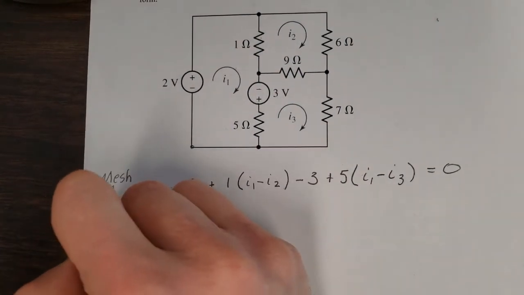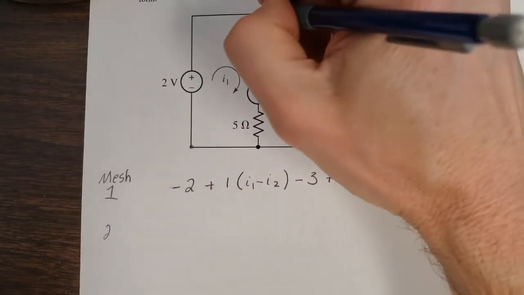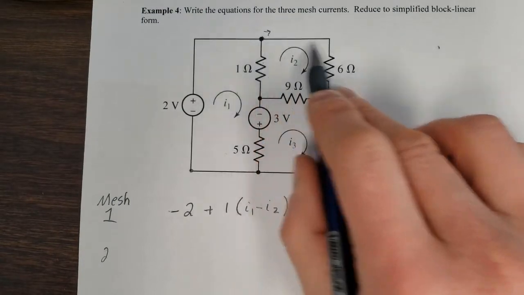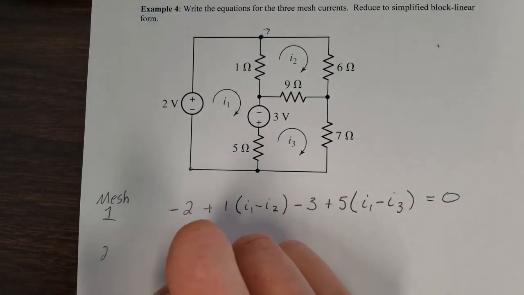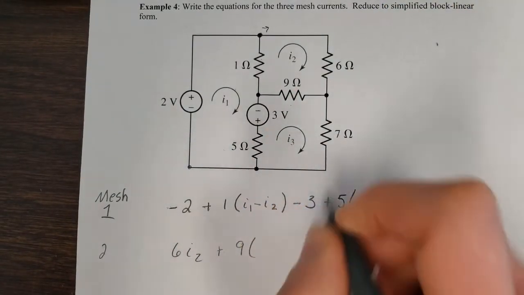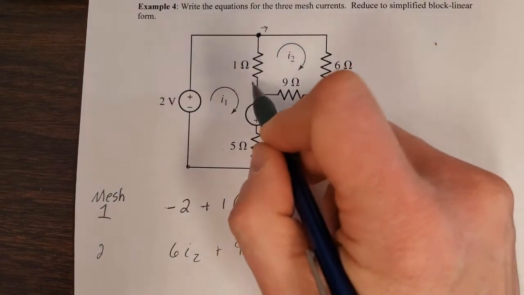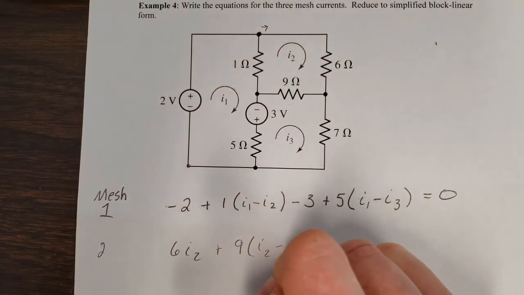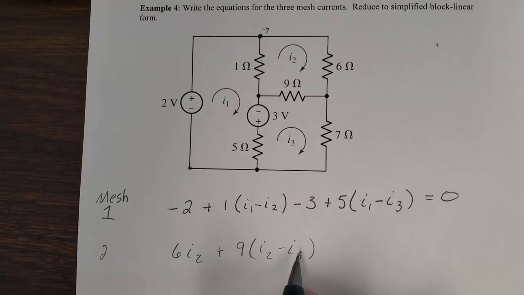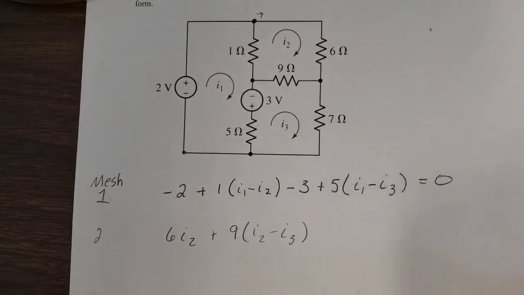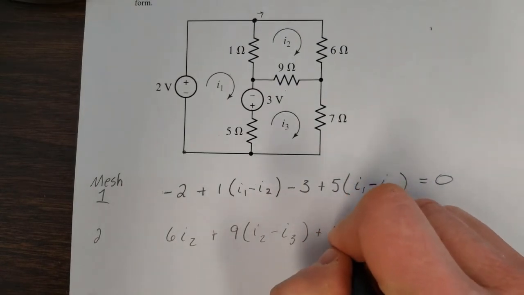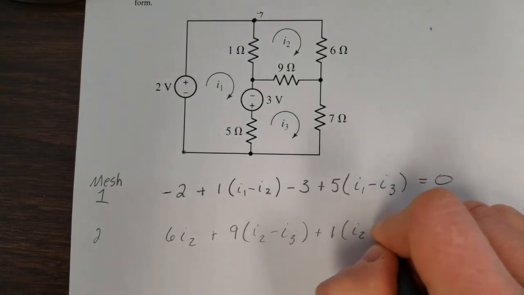Okay, for mesh number 2, let's start up here and move our way through. We're going to get 6I2, and then we go through and we get plus 9. Now that 9 ohm resistor is I2 minus I3. It's always the mesh index of interest minus the shared mesh. Then we go here, and we finally have to take care of the 1, and that's going to be I2 minus I1